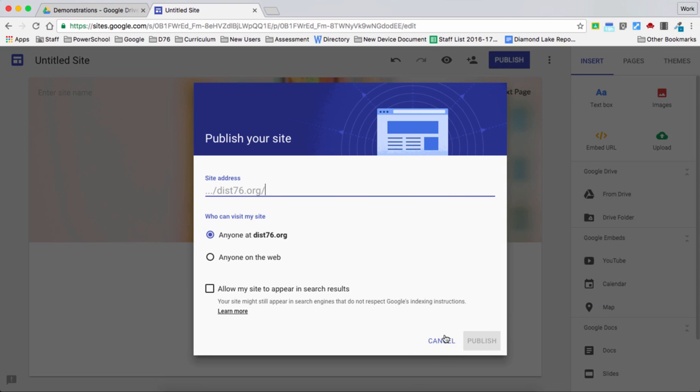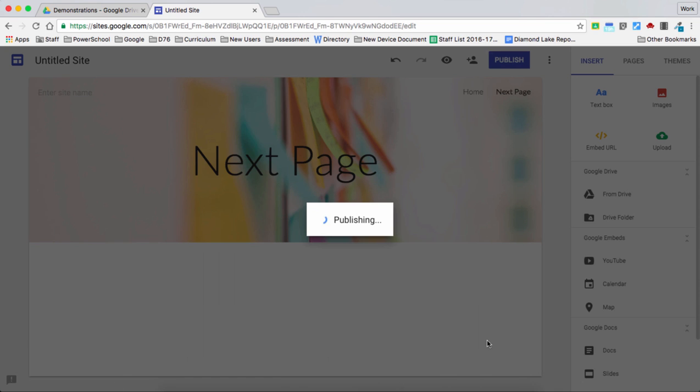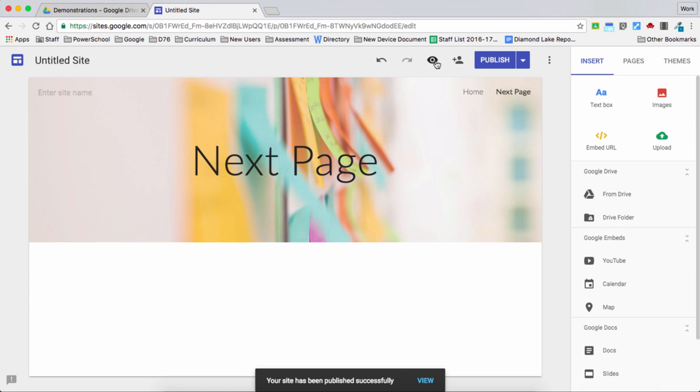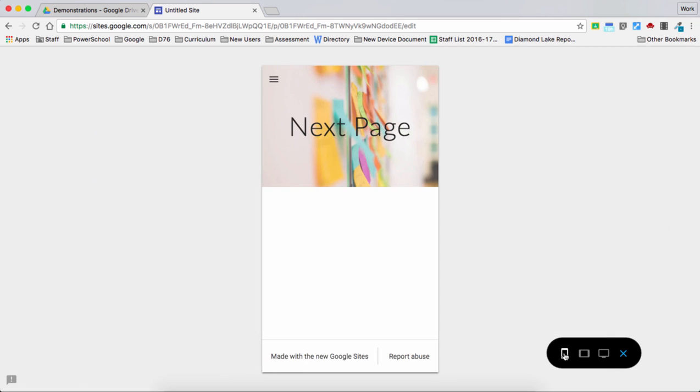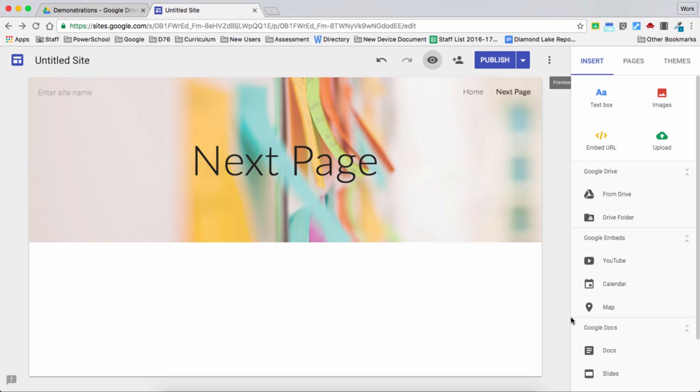And then, I didn't do it before, so new website. If I do hit publish, that means at this point people can view my website, and I could actually share with other people to view. If you want to see what it looks like as you're working on it, just click on the preview button, and this will actually show you how it'll conform to a computer, a tablet, or a phone. So you could really give the power to not only yourself, but your students, and they could start creating websites